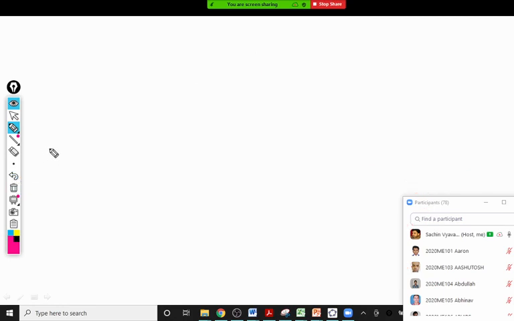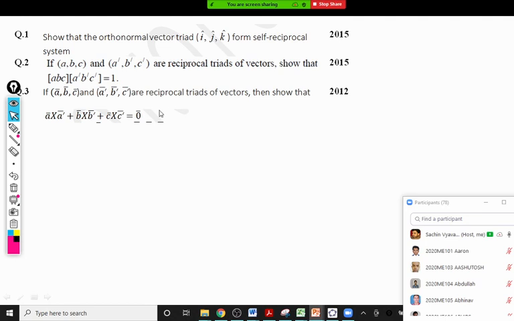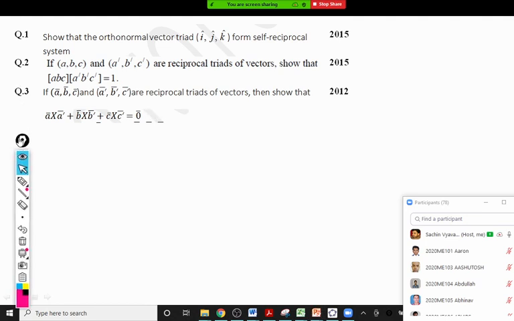Okay, so that is about all six properties of the reciprocal system. And now if you see, these are the questions which are coming in the question paper. The last time these questions came in the exam was 2015. After 2015, not a single question was asked on the reciprocal system again. So whatever you observe, questions 1, 2, 3, they are just the properties only. This i j k is self-reciprocal, you have to prove, that is i dash is equal to i.